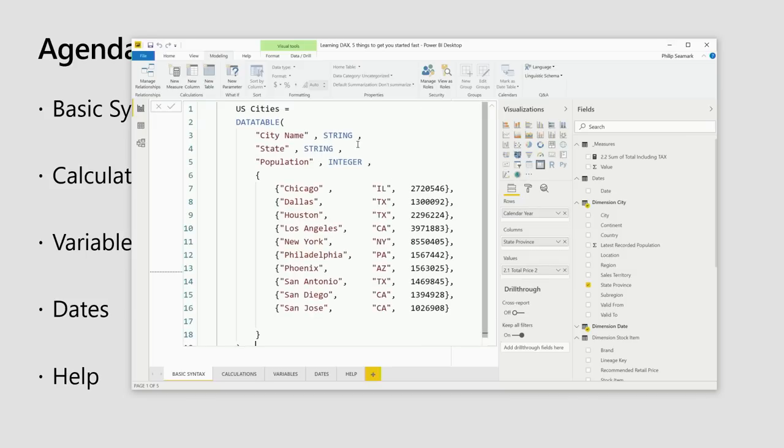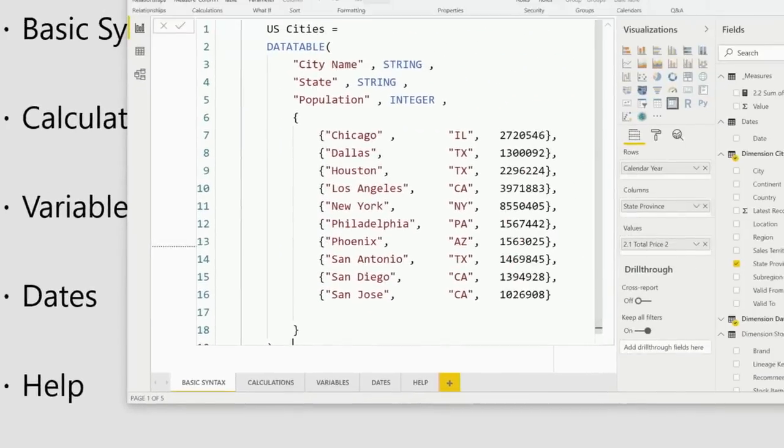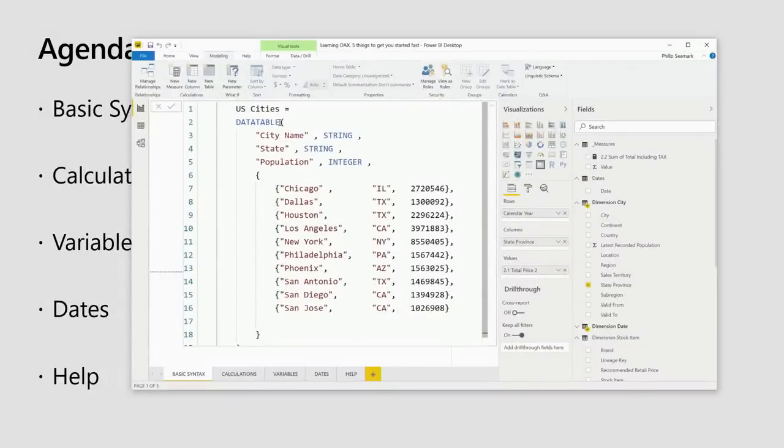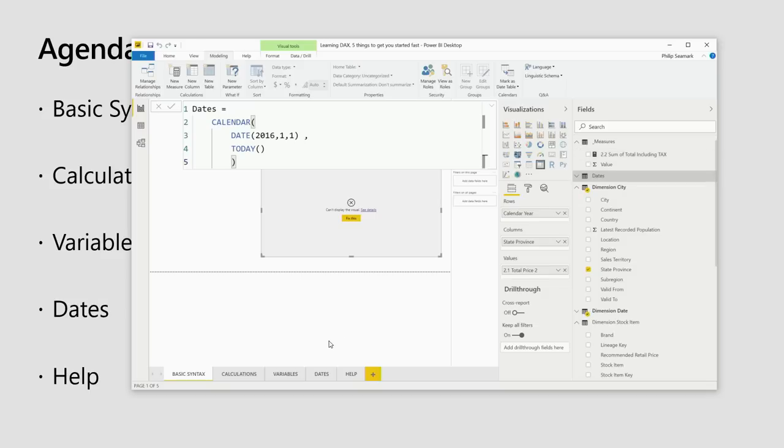I'm not going to dwell on the code, but I'm hard coding a table called US cities, and I'm using a DAX function called DATATABLE to allow me to create this table, and I'm just hard coding in 3 columns and about 10 or 12 rows here. I can't remember the exact things, and I grabbed these numbers off some Wikipedia population census thing. So this just gives us our base to work with, and if I go OK, I now have in our data model a static table,